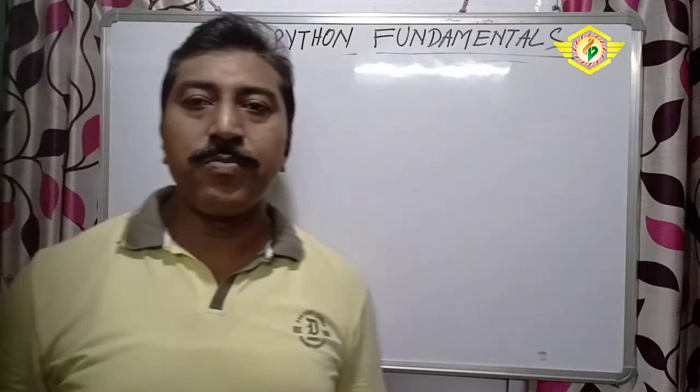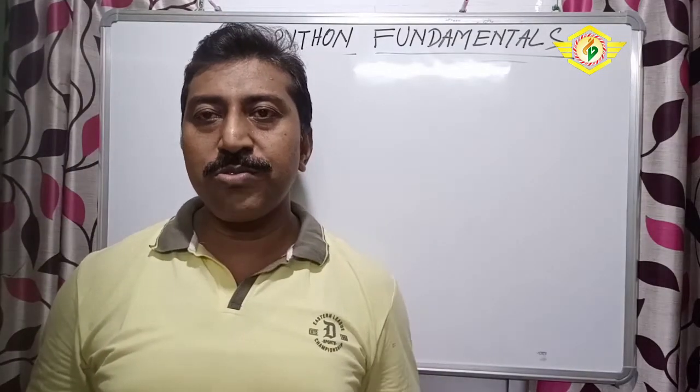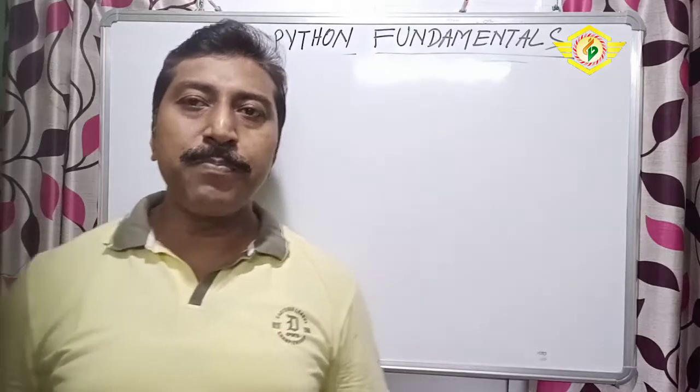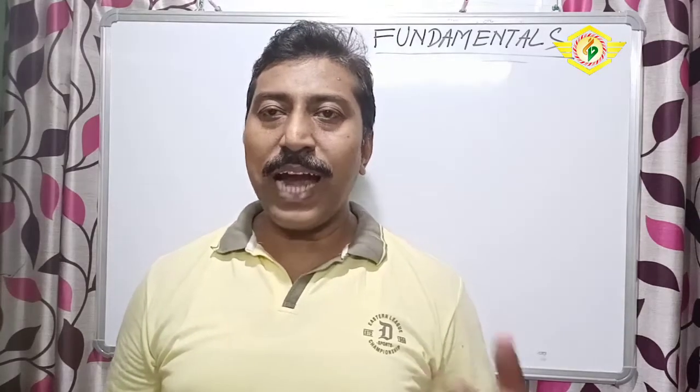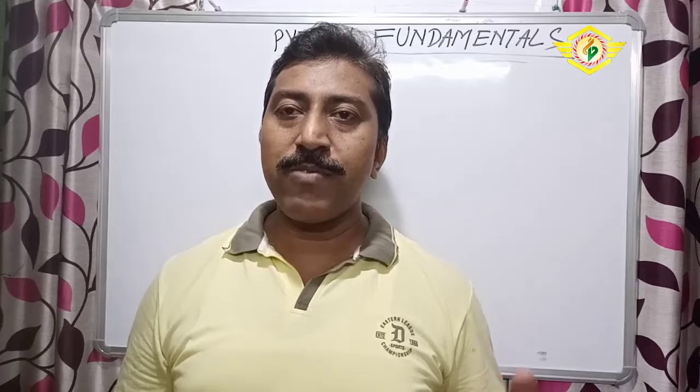So already I have told you, the input command is used to enter any value. Direct input we are taking, so that means it will take the string type. But if we write int or float, then it will take according to its type. Suppose I want to enter my roll number, so I use the int type. I am entering the marks. Marks may be floating type, so we are using float type. But it depends upon your programming what type of data you want to use. Another one is the print statement.